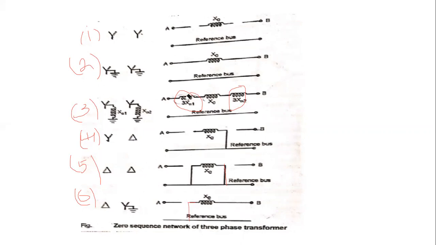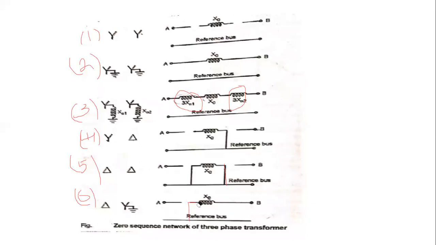Then we can easily do the problems related to the positive, negative, and zero sequence networks for transformers and also synchronous machines. Remember those equivalent zero sequence reactance diagrams. We have various methods in the case of transformers only. Why? Because in transformers we have two windings, primary and secondary, and each winding has different connections. Understand?